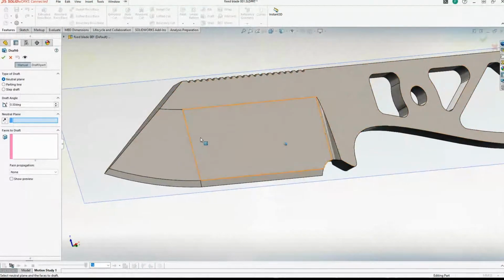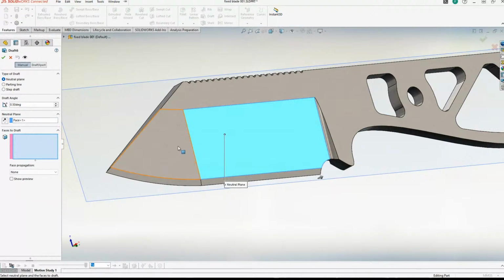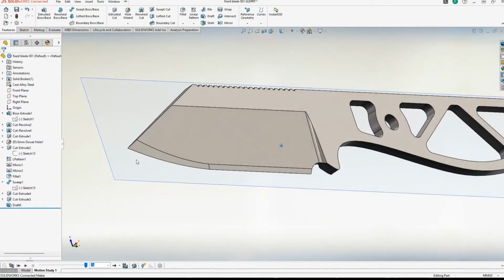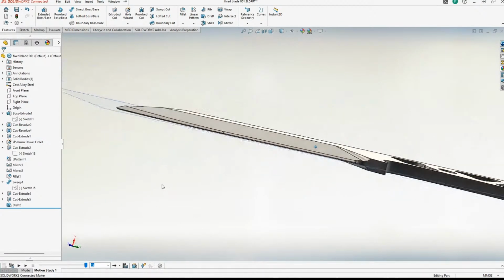I put a draft on here, from this surface to this surface. Let me make it even smaller. I wonder how small it'll let me go. .05 degrees. I could probably put a small enough draft on there that you could barely tell, but it wouldn't be the right way to do it. Yeah, no. So it's still, since it's drafting it,